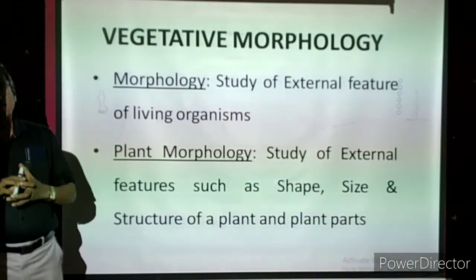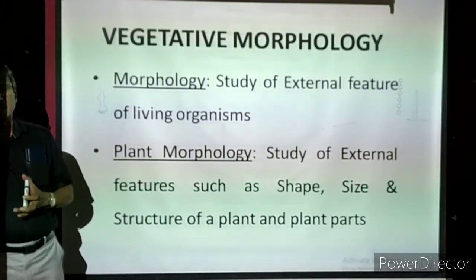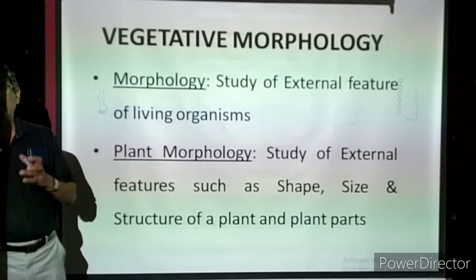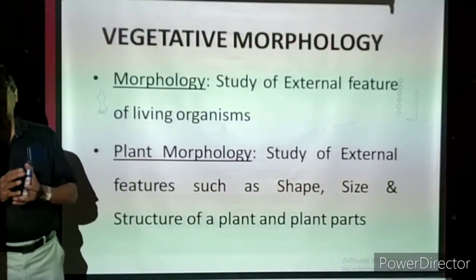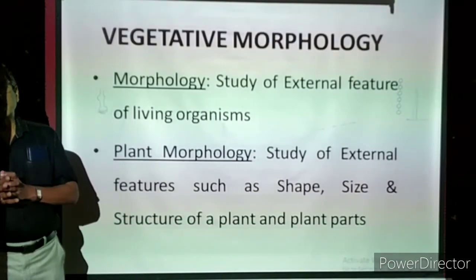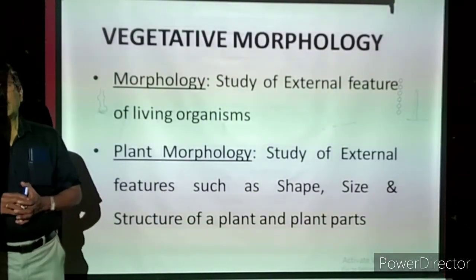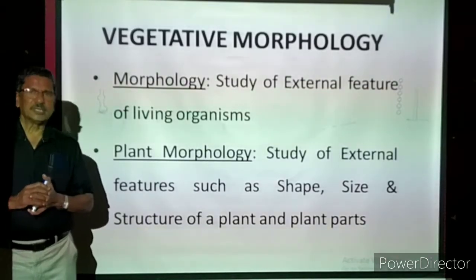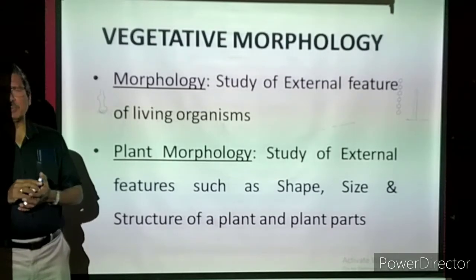But when we look at a plant, we can see the parts of the plant which are present above the soil. But we know very well some parts are buried inside the soil. So, overall, if you take a plant, it is including the roots and also the aerial part of the plant. Now, when we observe a plant, we are always observing only the external appearance of the plant.